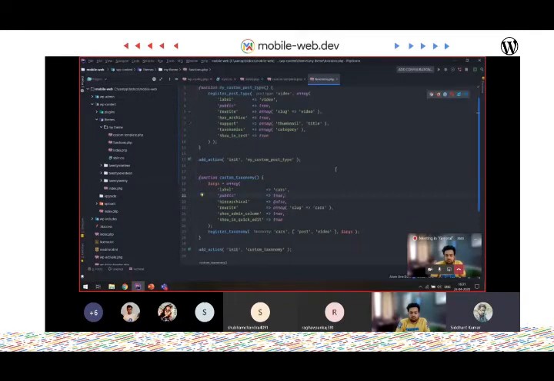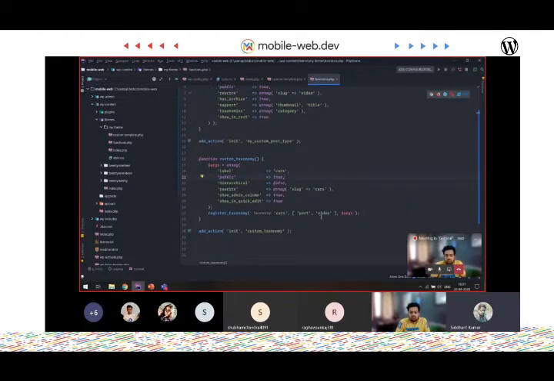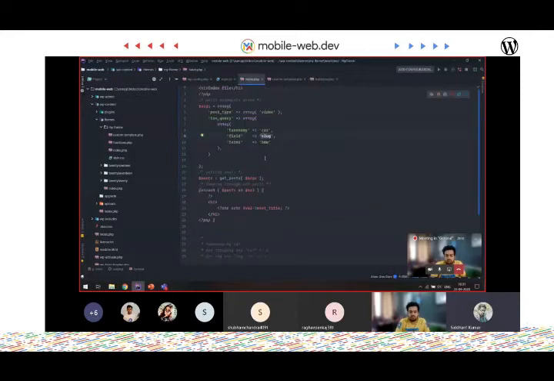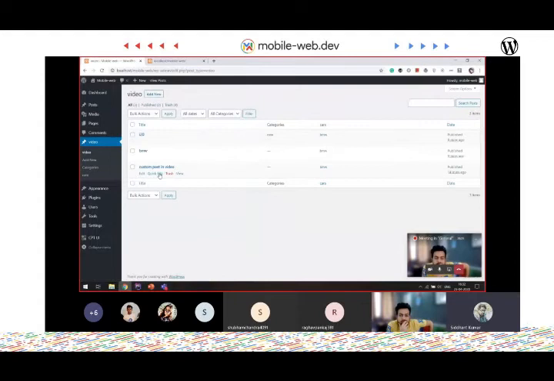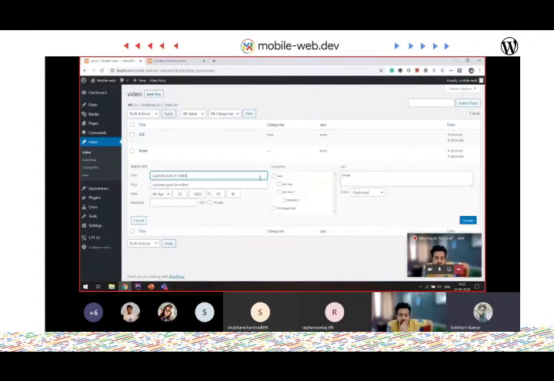And in functions, we have assigned this post and video and args using it here like that. Slug equals to cars. Okay, so it looks right to me. Inside videos, I've assigned it.